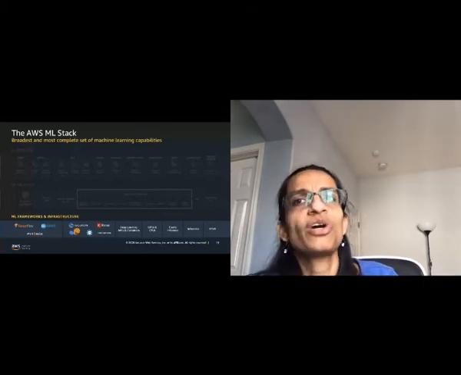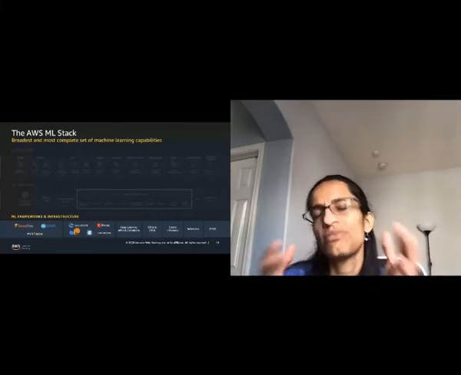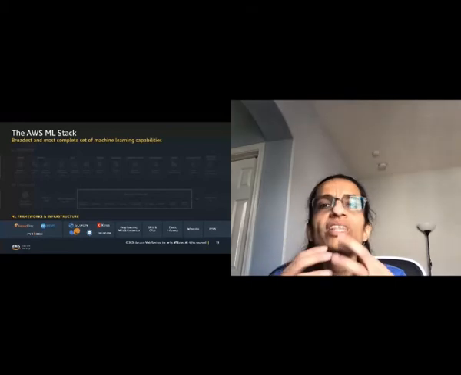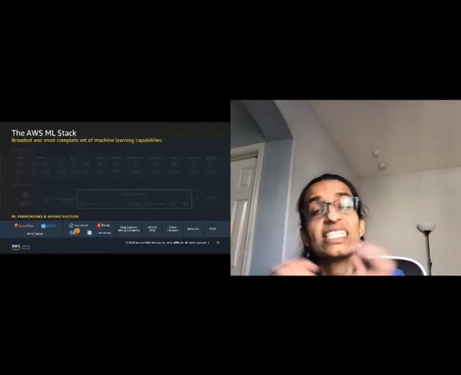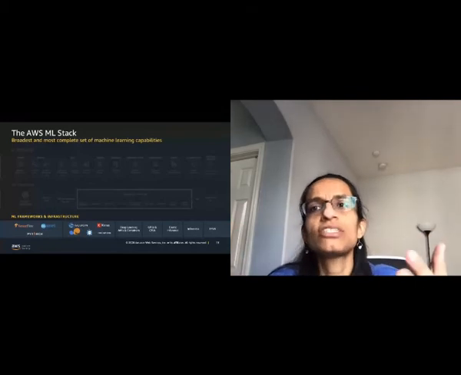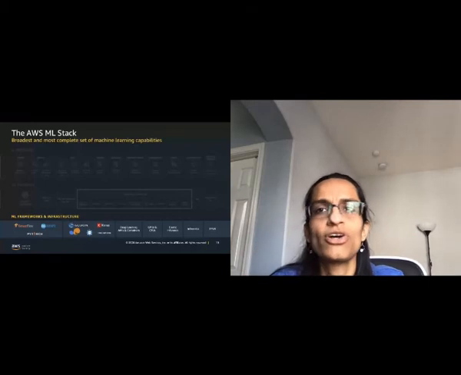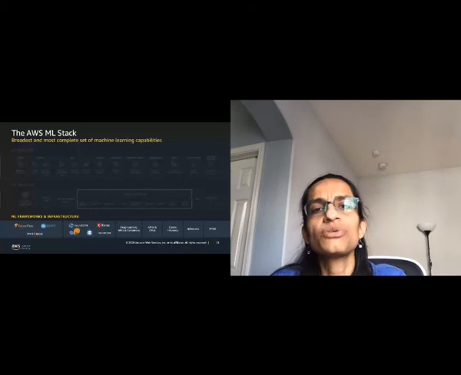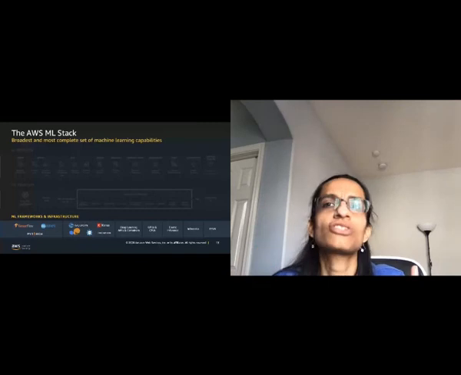We also have what are called the Deep Learning AMIs. With these, you can quickly launch what we call an EC2 instance, which comes pre-installed with all the popular frameworks, whether it's TensorFlow, PyTorch, MXNet, Gluon, or Horovod. And so you are able to focus on building the custom AI models, and these come with already pre-installed packages.